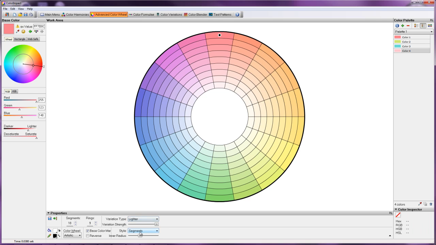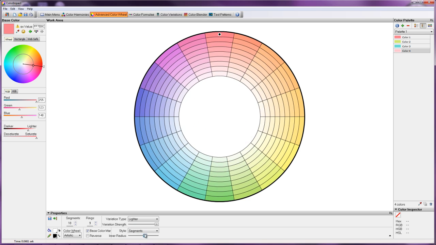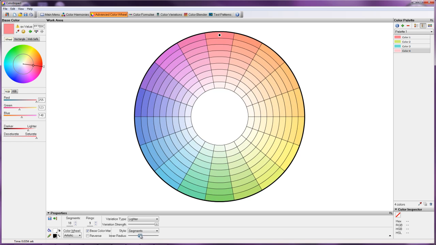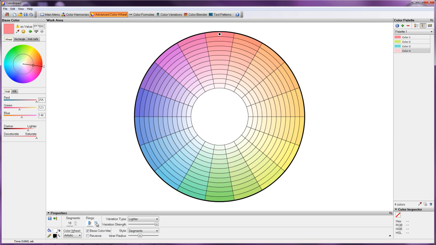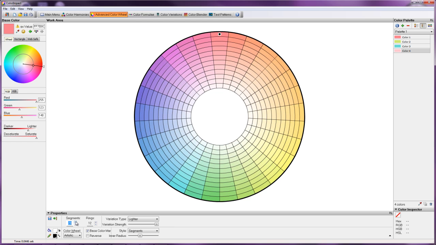So also, if you want to see more variation or less, you can do things like this. Add more rings. And this only goes up to 12, but the segments you can bring in more. So you're just getting more variations. If you want to see your base color faded,